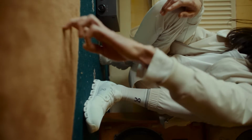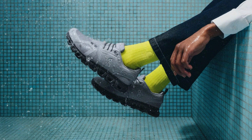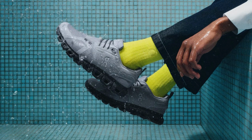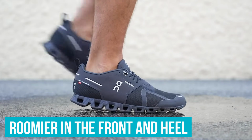Number 4. Cloud 6. Imagine slipping into a sneaker that feels custom-built for everyday movement. From the moment your foot enters, there's this gentle, secure embrace that makes it feel like it was made just for you. The welcome upgrade here is an improved fit, roomier in the front and heel, so it wraps gently